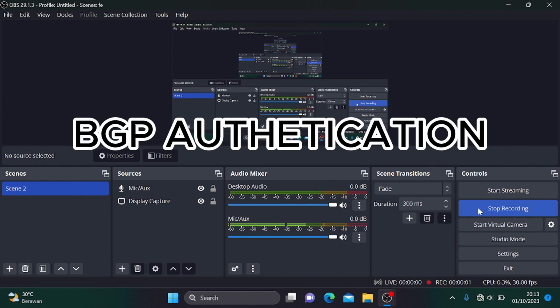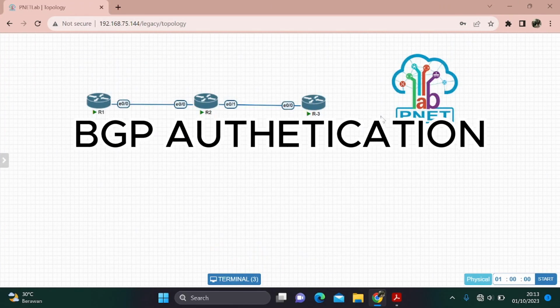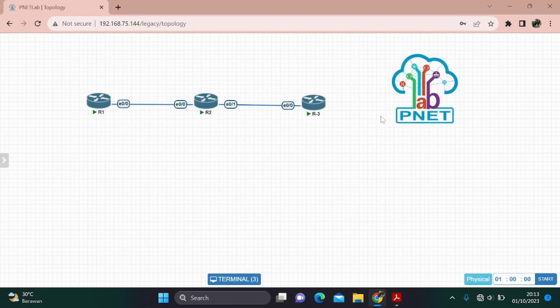Okay, assalamualaikum warahmatullahi wabarakatuh. In this topology, I will make a tutorial about BGP authentication. And